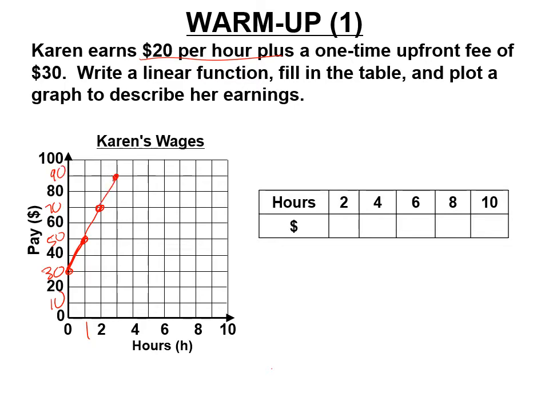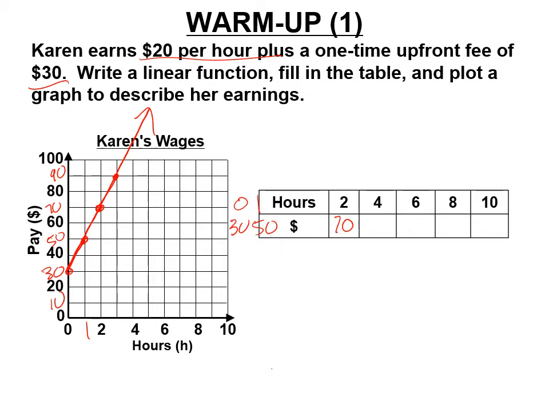And this is going to be a straight line forever. So we really want to use a straight edge here and draw a linear function. This is a linear function because it's the same constant $20 per hour each time. So let's fill this table in. So 2 goes with 70. I didn't put 0 in here. 0 would go with 30. 1 would go with 50 because it's a $30 upfront fee. That's our y-intercept. And when we're adding 20 each time,